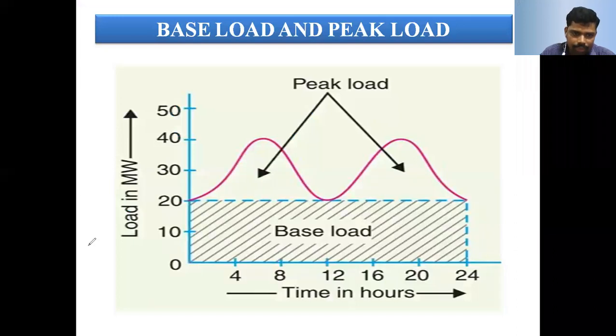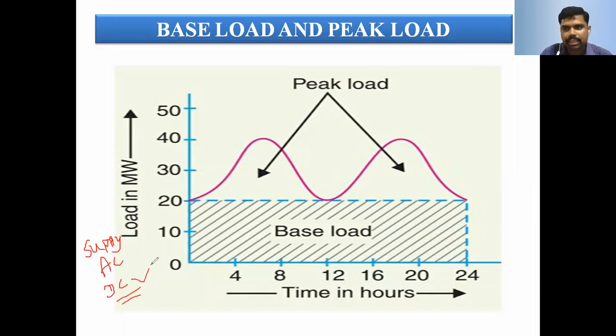Actually, the supply systems are classified into two types: one is the AC supply system, another one is the DC supply system. But 95% to 99% is utilized for AC power. The DC we use for electric traction. For charging the battery, we use DC supply. For all remaining purposes we use AC. Maximum 99% is utilized for AC, and 1 or 2% is used for DC power supply.